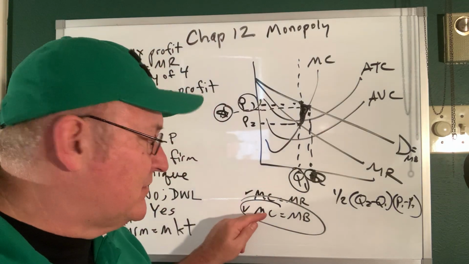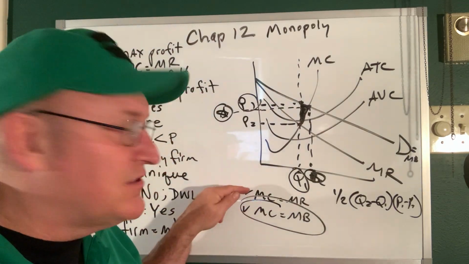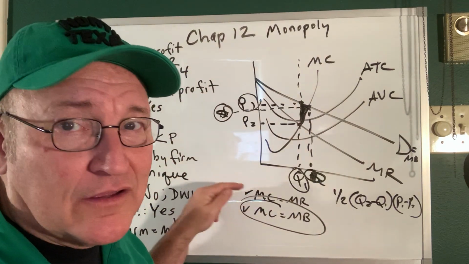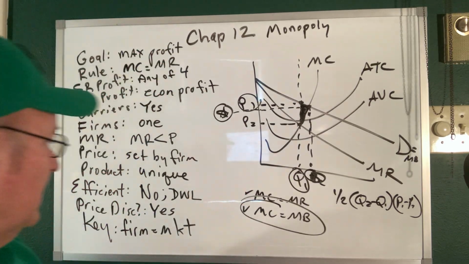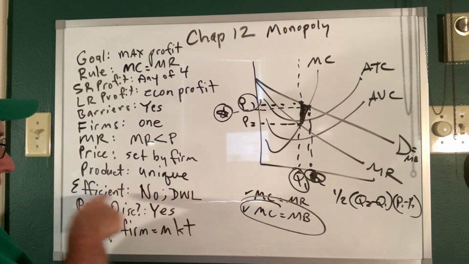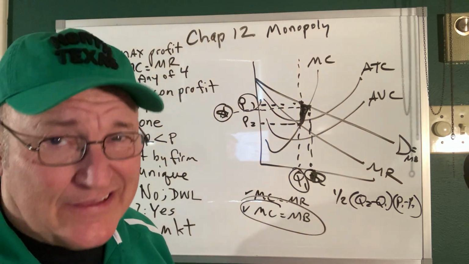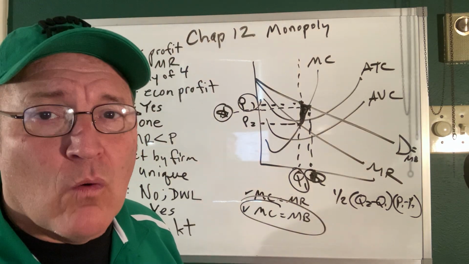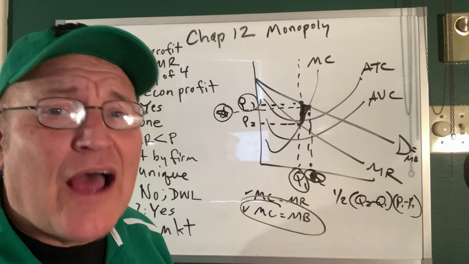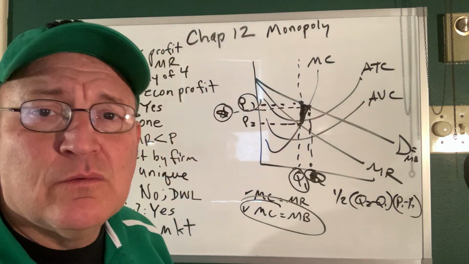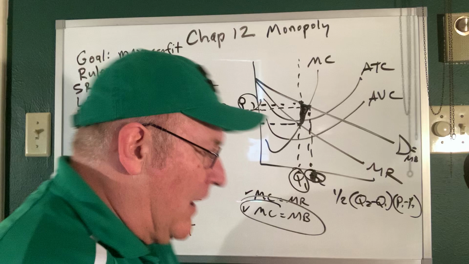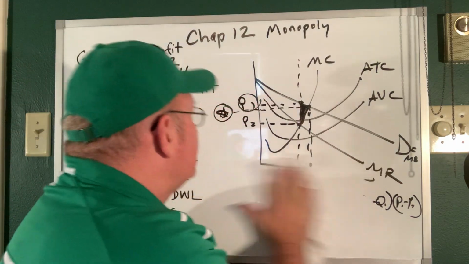So this is an efficient market. This is an inherently inefficient market, and monopolies are inefficient, okay? So that's what we mean here by efficient. Nope. Why? Because there's deadweight loss, okay? But again, monopolies can't charge whatever they want, but they will always charge a price that's higher than what is socially optimal, okay? All right, let's move on